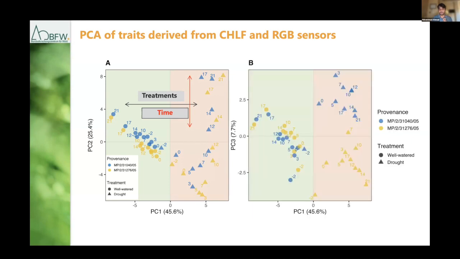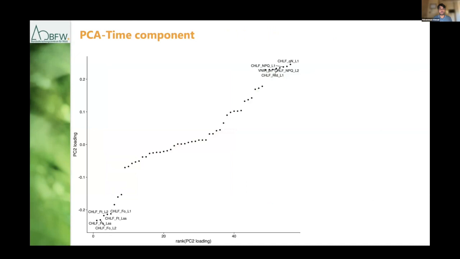But what was more surprising for us, or also kind of expected, because we wanted to see differences between populations: when we plot the third principal component, we could nicely see on the drought axis that the populations could also be split based on these traits. So when we looked into one of the components, which is time, we saw that there are many traits which were captured by the time component, but what was more interesting for us is the